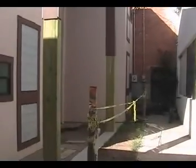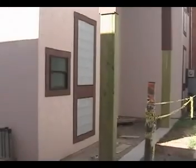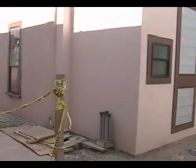In this confined space, it's really impossible to get a wide angle view of the overall image of this addition. You can see here's one of the vent pipes that goes through the roof. We fully enclosed them along with all the